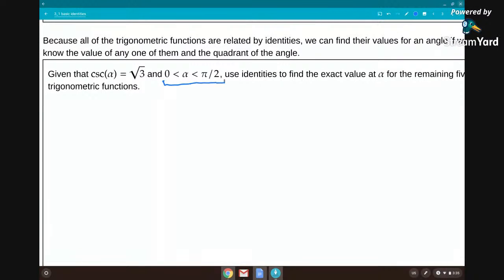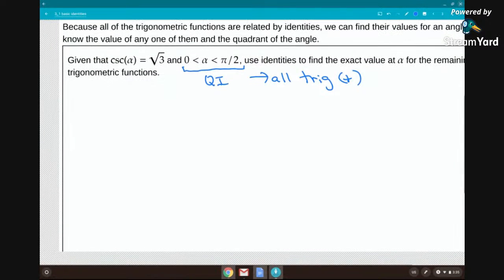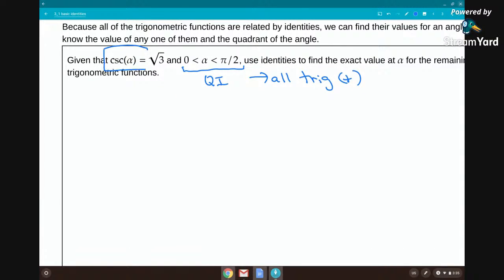So you should immediately notice that this is a quadrant 1 angle. And in quadrant 1, all of the trig functions are positive. All trig functions positive. But in other quadrants, that's not necessarily true, so keep that in mind. Well, we can proceed as follows. Given that we have cosecant, we can refer back to identities